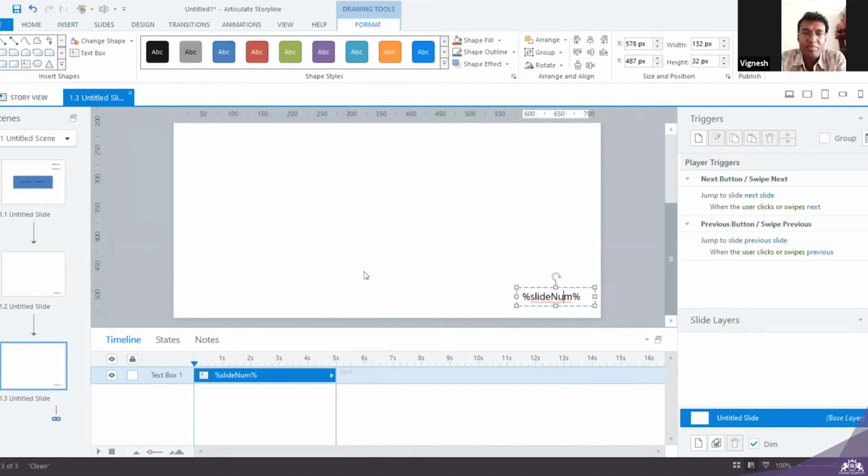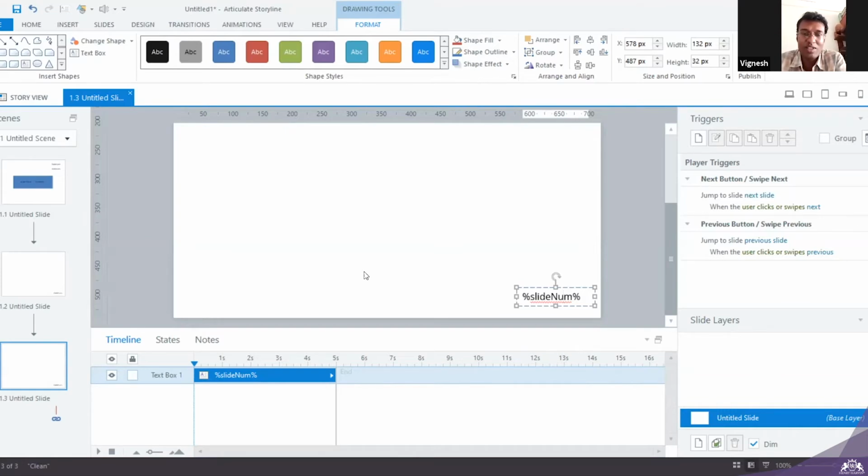Bhavesh, what happened for my first assignment is that I did it in Storyline 3, so the insert option, the slide number option, was not there. So what I did was use this variable thing. I created one variable, number, and initialized it as 1, and then I added the trigger to add. So on every page it is adding 1 and 1, and it's going on like that.